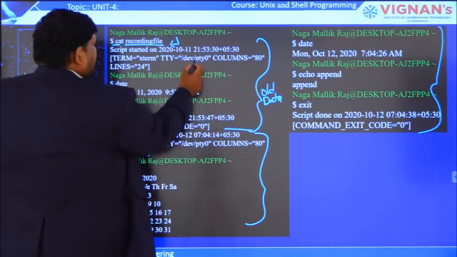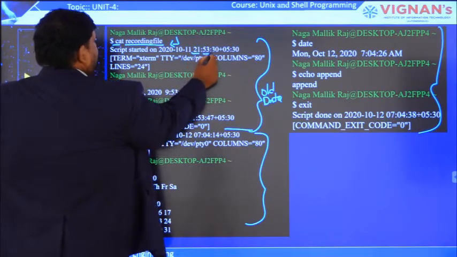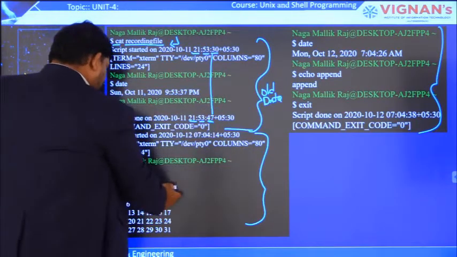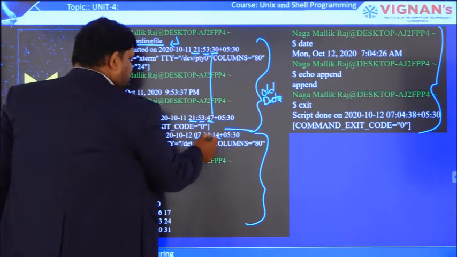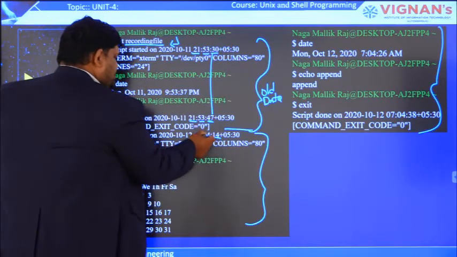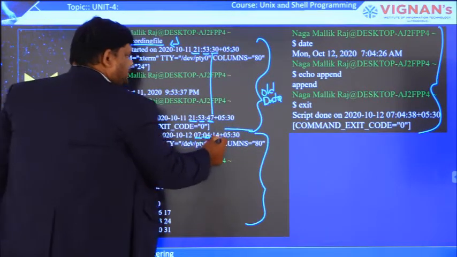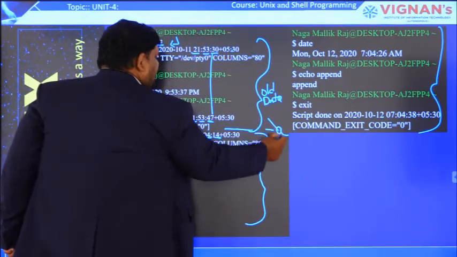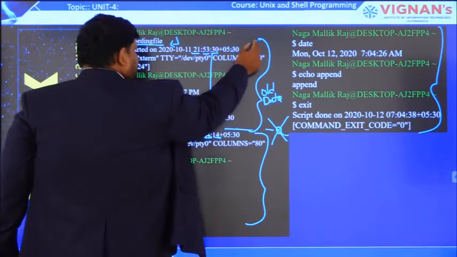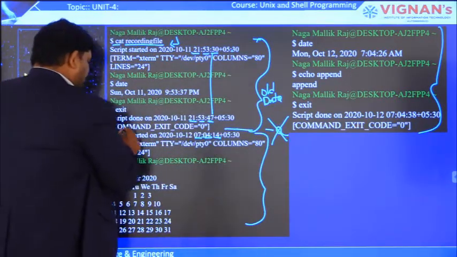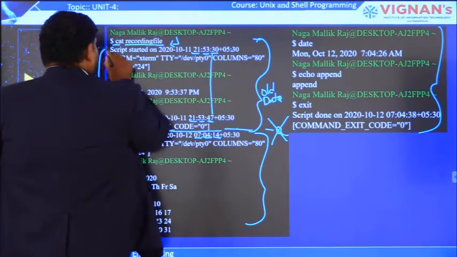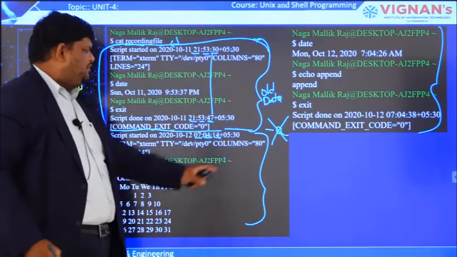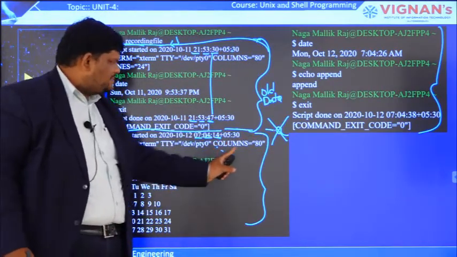If you observe here, assume this time 21:53 and this 30. So 21:53 by 47, this is old data. If you observe this one, that means this is the new date entry. So from here to here this is old data, and from here to here this is new data, because here we are providing option A. If you are not providing option A, this entire part will be replaced with this new data, and only this part will be present.